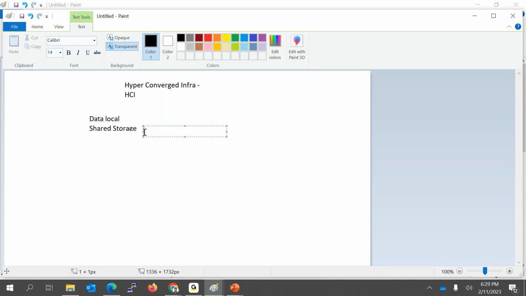Nutanix is a full stack model in the sense that whatever you need for your data center, you get everything from Nutanix. Nutanix is not a hardware company now, it's a software company. Earlier it was a hardware company, but Nutanix is now a software company. You might have a question of how you differentiate these two. There are a lot of things to discuss, and by the end of tomorrow you will have a lot of clarity on these areas.